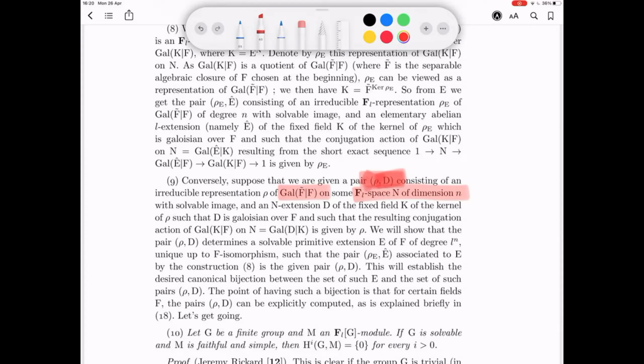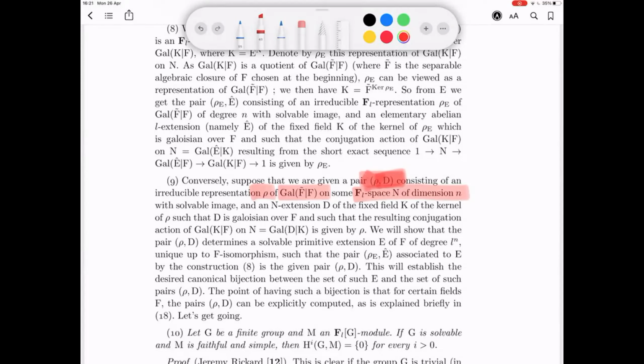This rho can be thought of as a representation of the Galois group of K over F on the F_L space N, because N is, after all, a vector space over F_L. It's a group isomorphic to Z mod L to the power n, so it's a vector space over F_L. And this rho was a representation of,